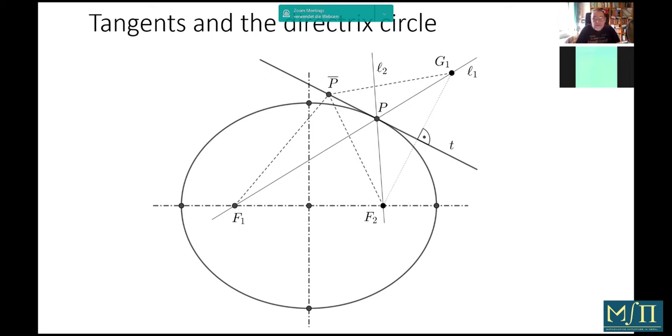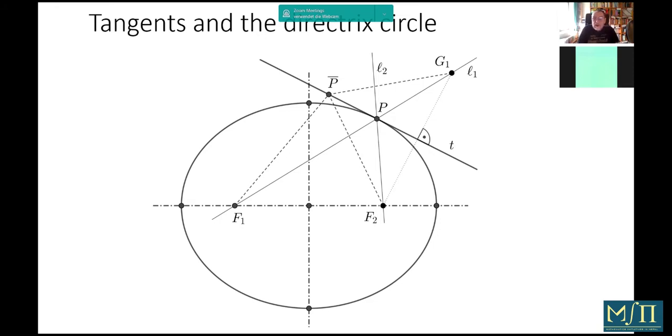But we have to somehow reduce the constructions involving a circle rather than the ellipse itself. And one option that we now have is transferring these problems to problems involving these directrix circles. There are, of course, two such circles. The one that we have here now in play is the one with midpoint in F1 and radius 2a. But of course, we could exchange the roles of F1 and F2